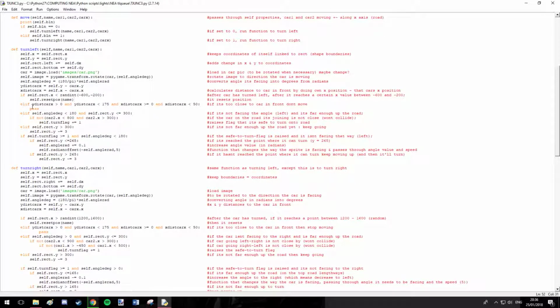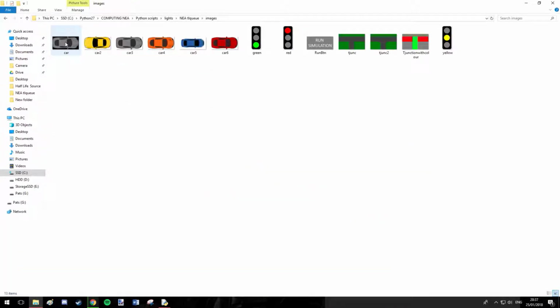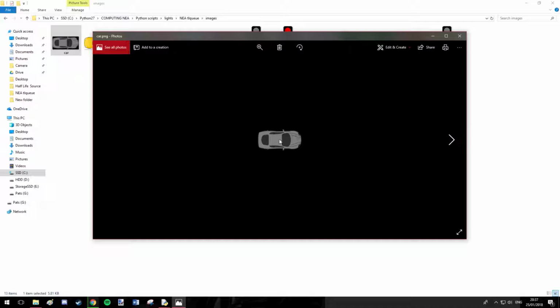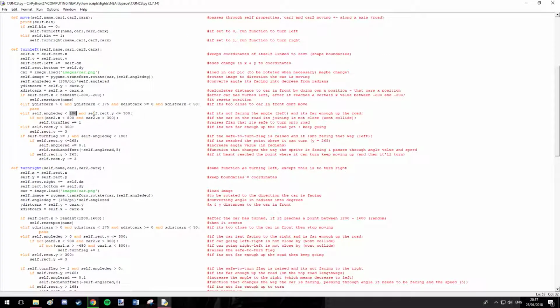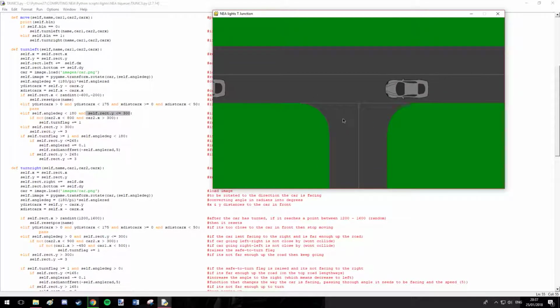And then this means if the y distance to the car in front is positive, and if it's less than 175, and if it's within 50 of the x, then it is too close and it won't move. So that's that. And then we've got if it's not facing to the left, so if its angle is not 180, so the car image itself faces to the right, so 180 degrees of that image will be facing to the left, and it's got to that point in the road, so it got to 300, which is this line here where it can turn,